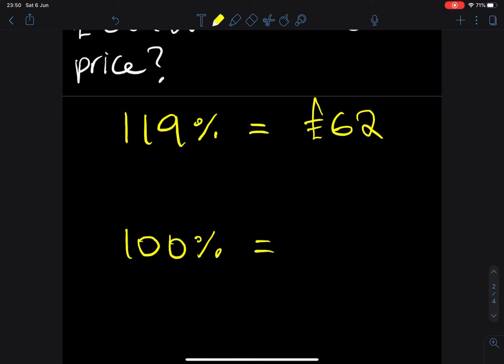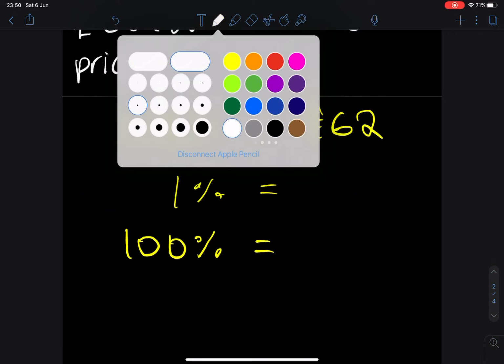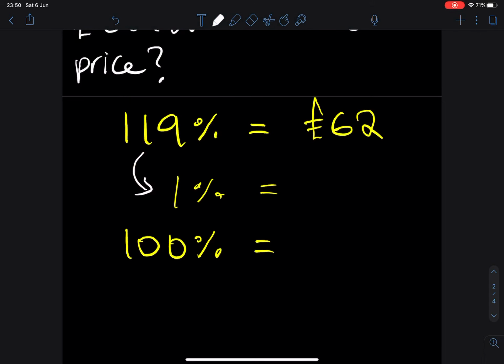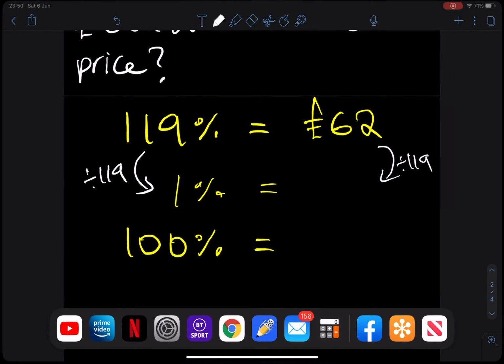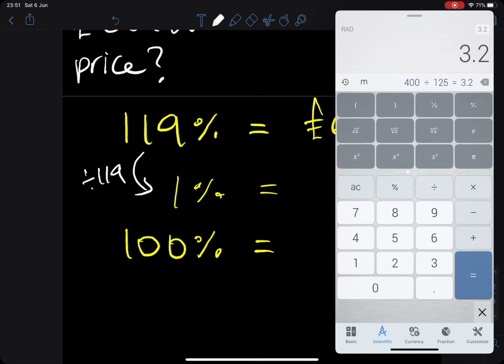How do I do that? What number can I go from 119 to and then jump to 100? I can't really think of any. So therefore, by default, let me go to 1. How do I do that? I divide by itself, which is 119. I also divide this side by 119, which is 62 divided by 119, which is